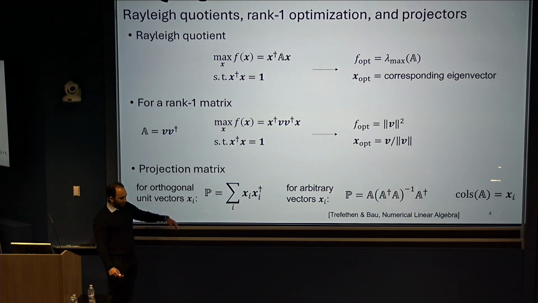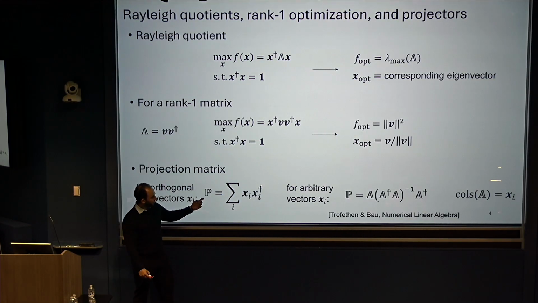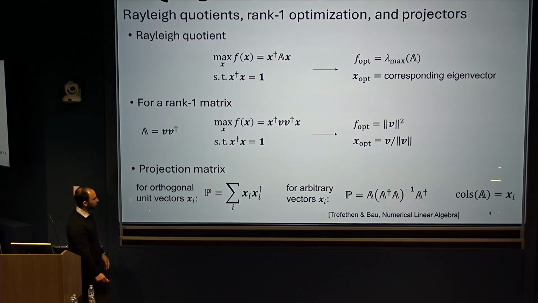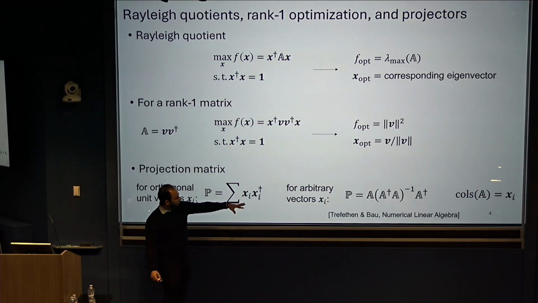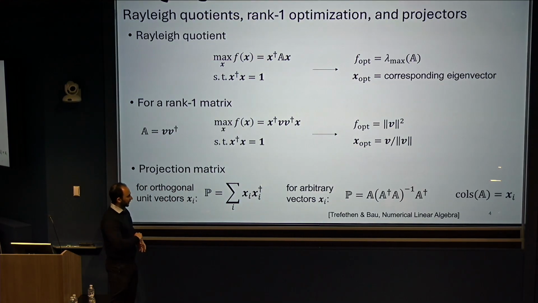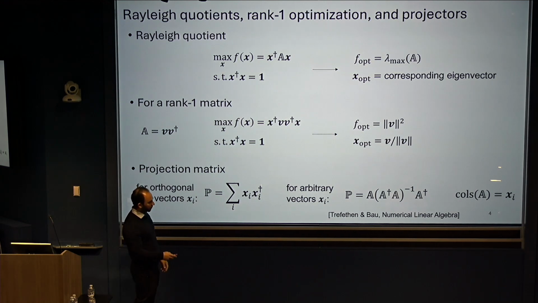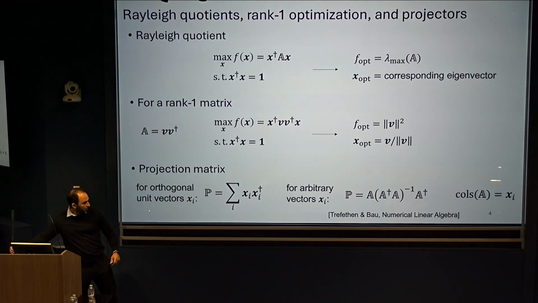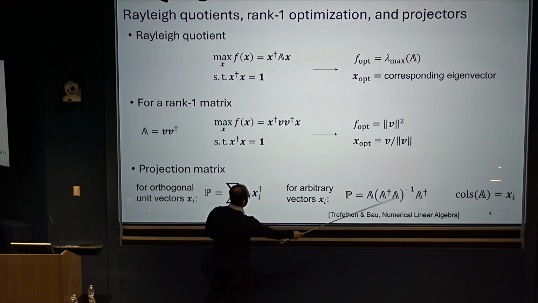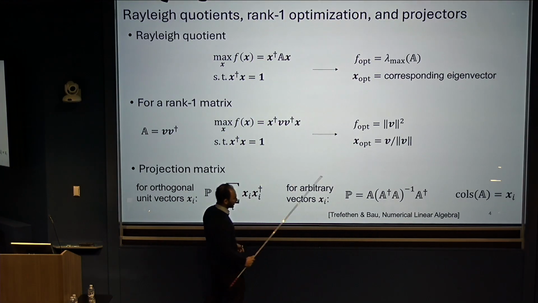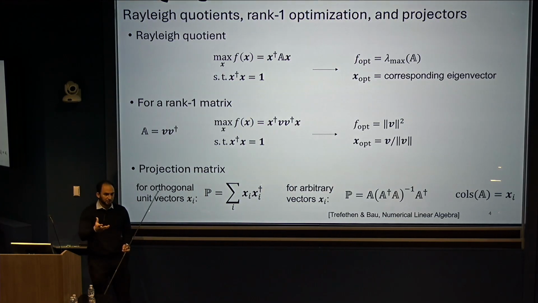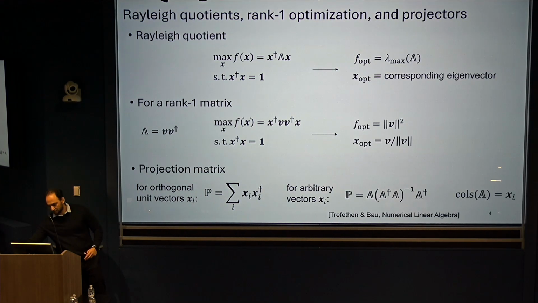The last bit of mathematics, if I want to project into some basis, if I have some orthogonal set of vectors, x sub i, the well-known projector is the sum of outer products of these x_i's. We use this all the time in quantum mechanics and resolution of the identity and things like this. What's maybe less well-known, but certainly a long-standing result, is that if I have an arbitrary collection of vectors that may not be orthogonal or normalized, I can just put those vectors as columns of a matrix A. I can take the outer product, A A dagger, a lot like these outer products here, but I sandwich in between the inverse of A dagger A, and that effectively orthonormalizes the whole basis and projects into the basis as well.